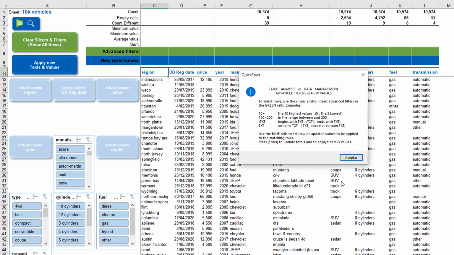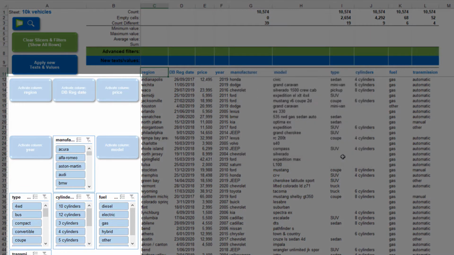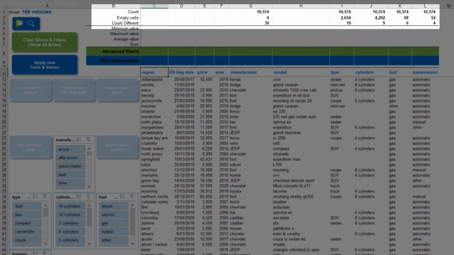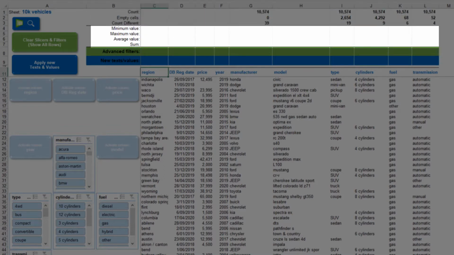This table is a duplicate of the original listing. On the left side there are slicers and buttons. When pressed, some of these buttons can be converted into slicers, except if their column contains too many different values. Each column header displays useful data, including the number of rows, empty cells and different values. In the case of columns with numerical values, the sum, max, min, and average values are also displayed when they